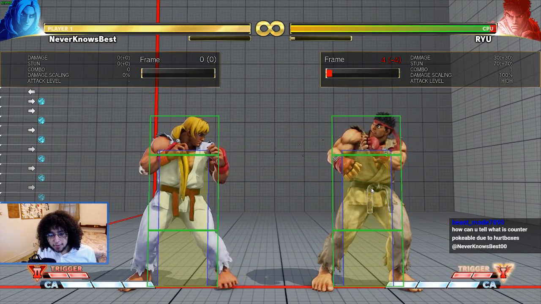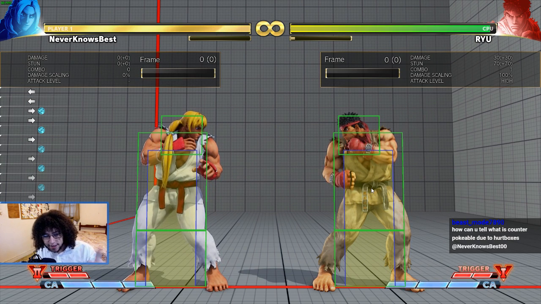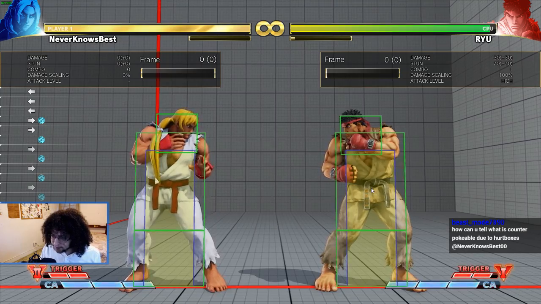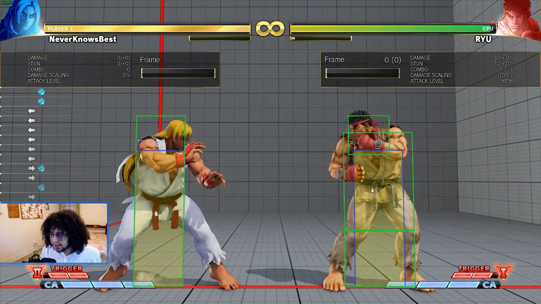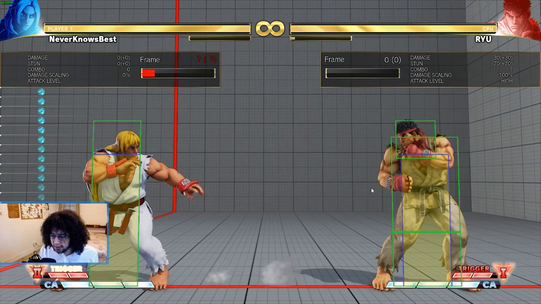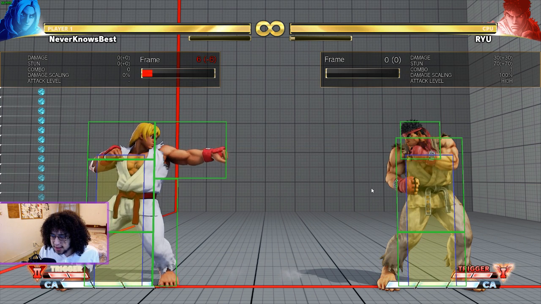How can you tell what is counter-pokeable due to hurt boxes and hit boxes? We're getting there. We will get there in one moment. That's where this is all leading, right? So you guys see that when the red overlaps the green, that's when hit stun or block stun happens, right? But now let's talk about